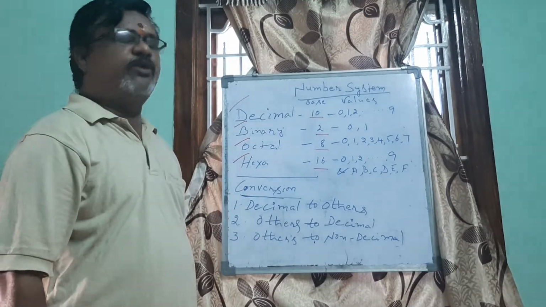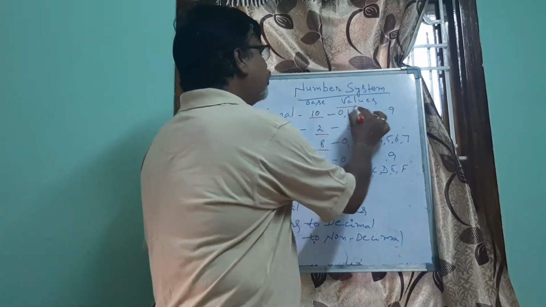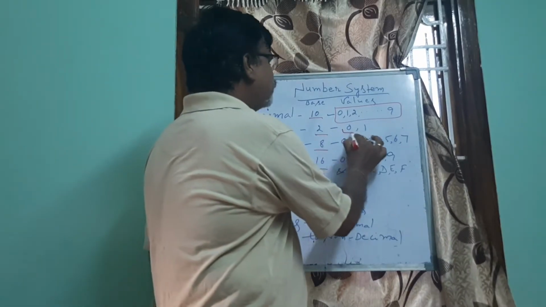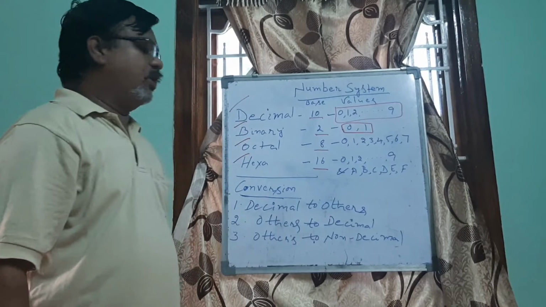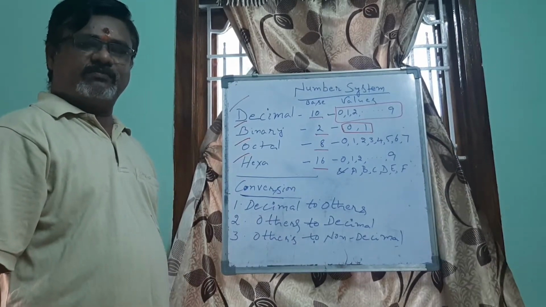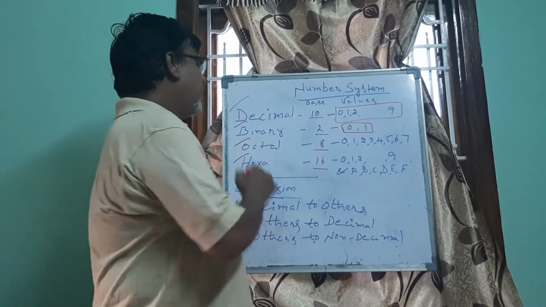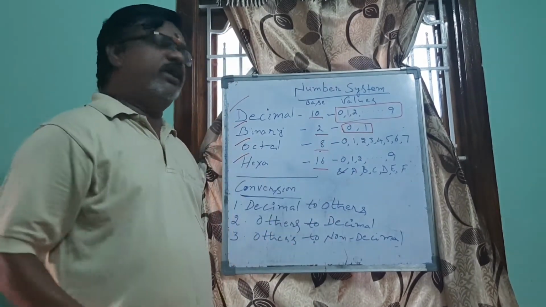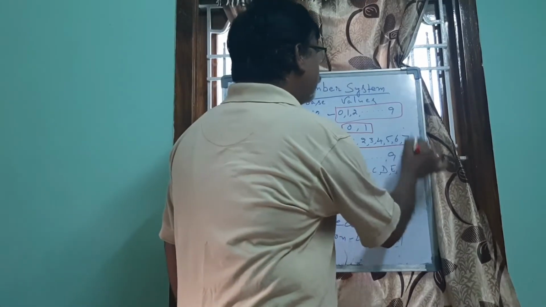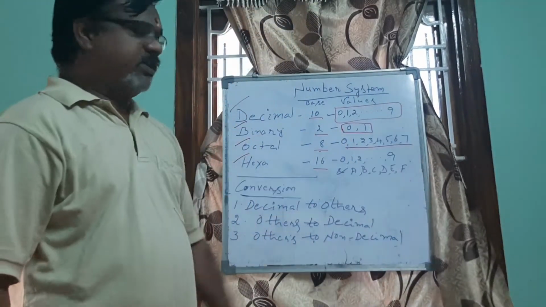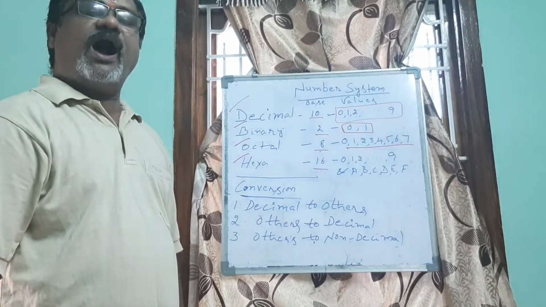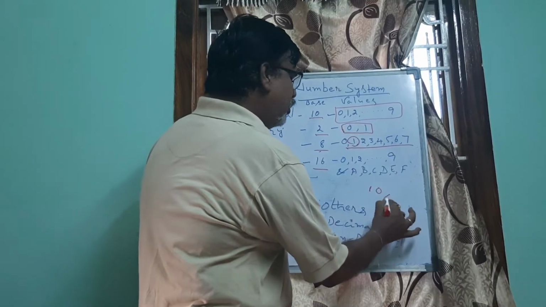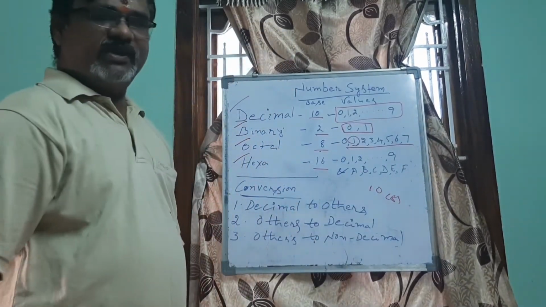And the possible values for decimal are from 0 to 9. Whereas for binary we have only two values, 0 and 1, which are called digits or bits, binary information numbers. And the third one is octal, base is 8, so the possible values are from 0 to 7. You can ask me, after 7 what is the next octal number? So after 7 we go for 1 and 0 in base 8.